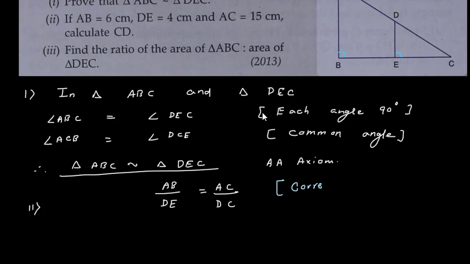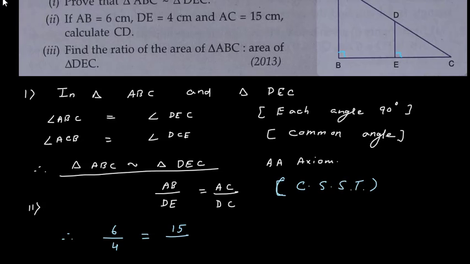In short, you can say that corresponding sides of similar triangles, CSST, corresponding sides of similar triangles. Now the value of AB is 6, so it is 6 upon the value of DE, which is 4. So 6 upon 4 is equal to the value of AC, which is 15,